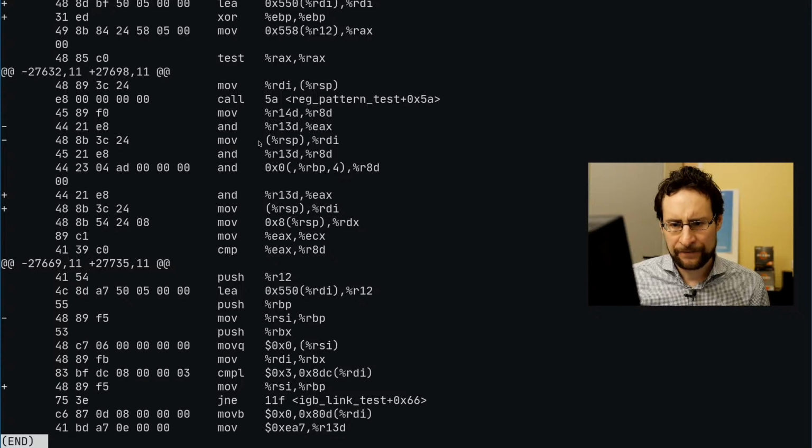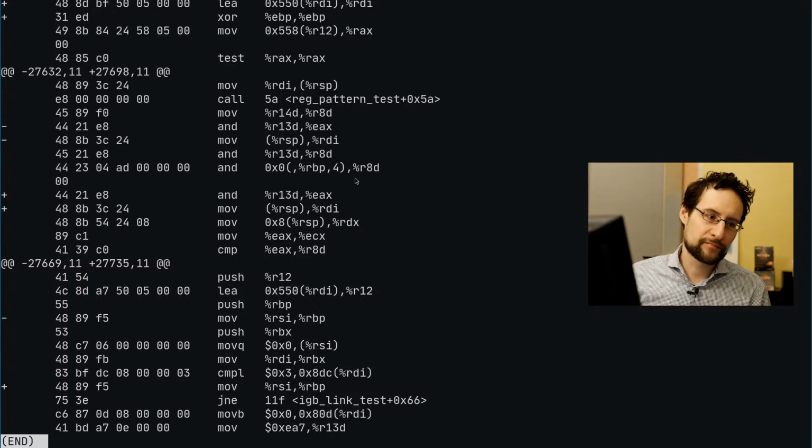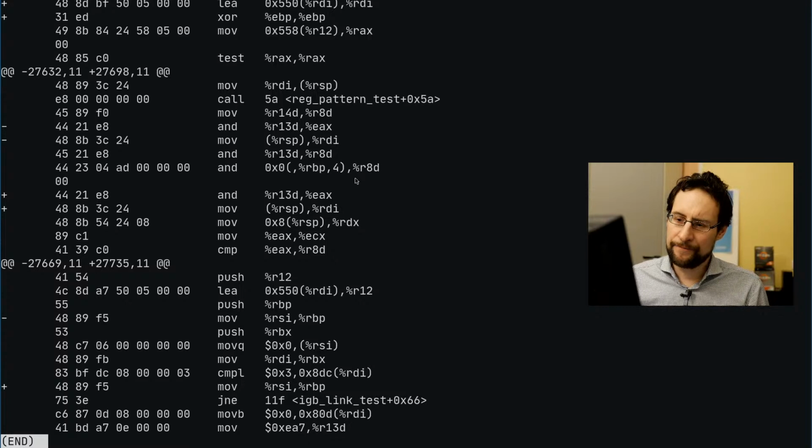You see here it's moving R13, RSP, and then we have, wait a second, this is to EAX, RD, and then just doing this later. Yeah, I mean, it probably should be correct anyway.